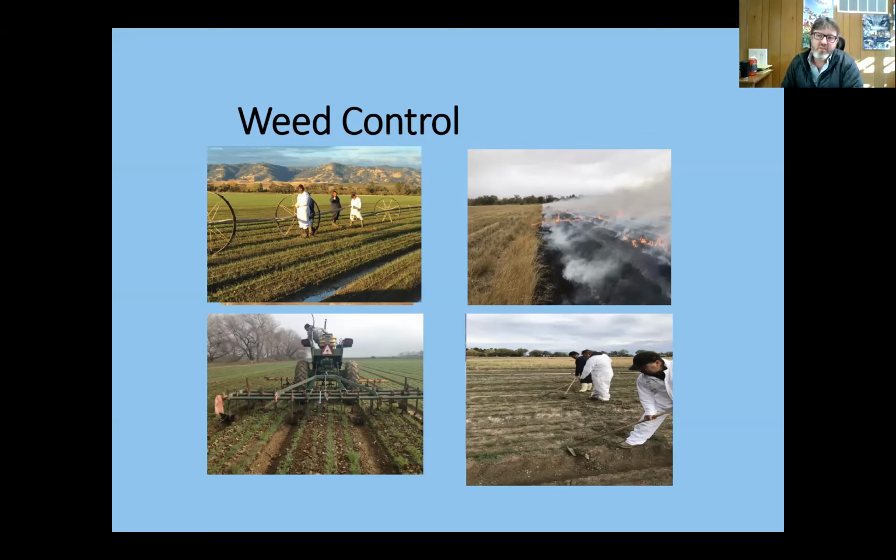But we also use lots of other tools. There are some of our crops that we burn. If you look at the lower left photo, you can see a cultivator there, cultivating the areas between the crops, between the rows, and also in the furrows. We also have to bring in a lot of contract hoe crews, a very expensive process, but absolutely necessary to keep the weeds out of the fields. Then, of course, as I mentioned before, we use various combinations of herbicides to control the material. So weed control is probably the biggest component for us in terms of growing out high quality seed. Next slide.